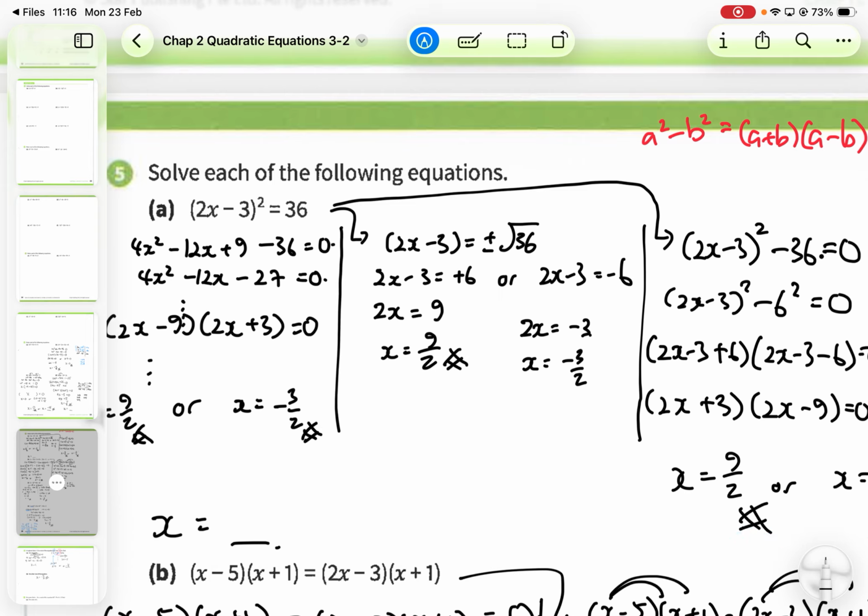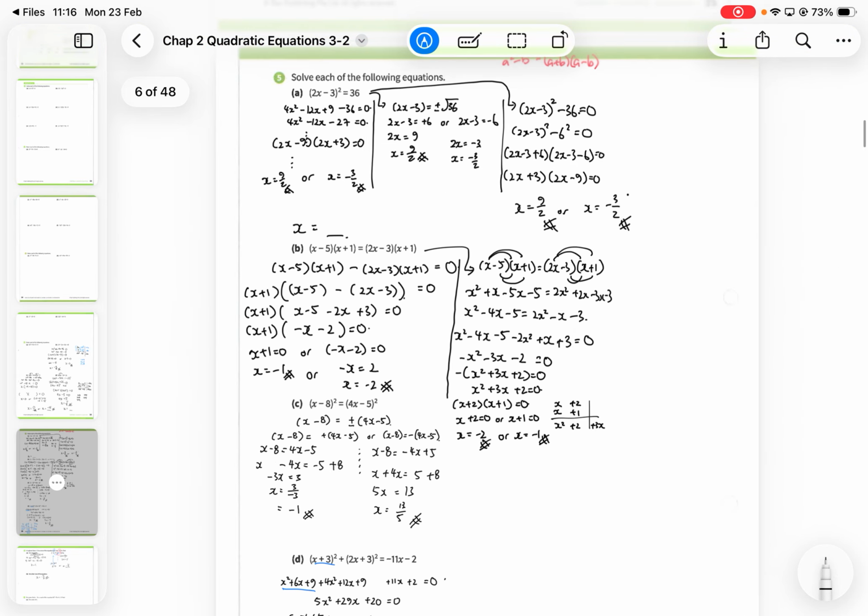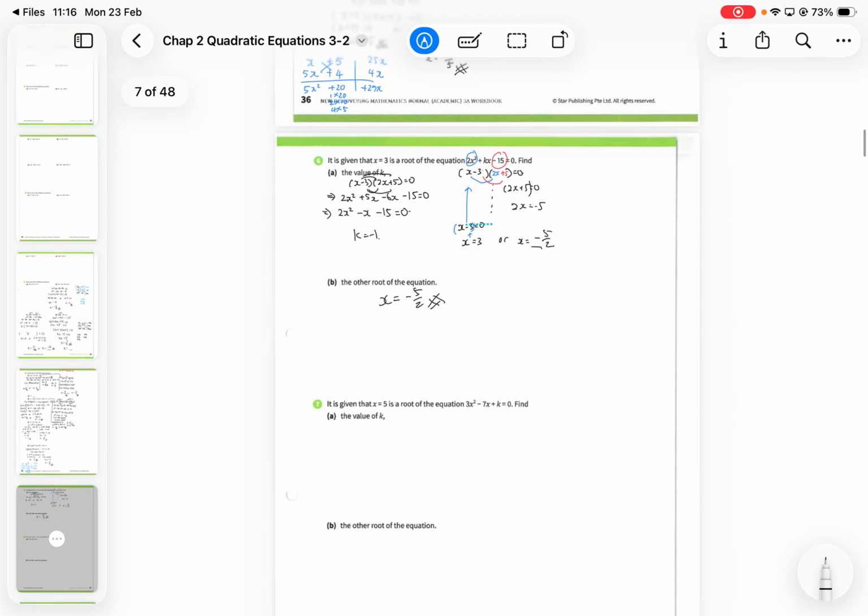Okay? So if my quadratic equation, I can make it look like this, I can put my x inside the bracket, then I just put the number on the right. Then I take square root on both sides. Then I can solve already. I can skip the step of trying to factorize if my x is inside the bracket. Okay? So given a quadratic equation,